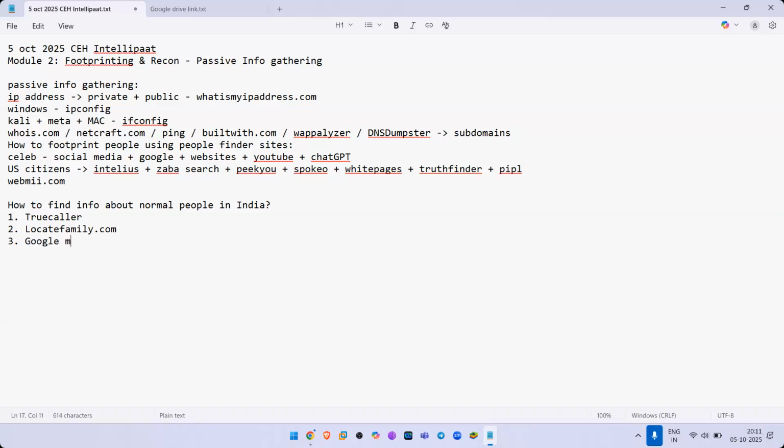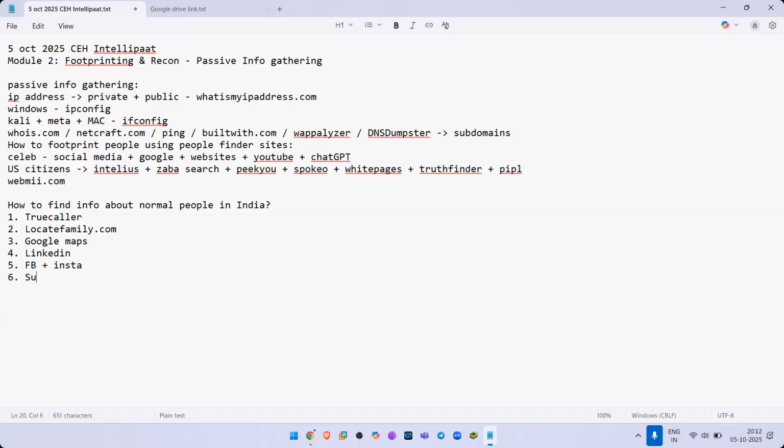Go and do some Google Maps searching. Find out if that person's company or that person is listed on Google Maps. Try to find that guy's information on LinkedIn. Find that guy's profile, Facebook, Insta. Remember, full details cannot be found until you hack that person. But to hack that person, you will have to get certain information. So get the maximum possible. You can even get details like personal details, your location, your job, your friend circles.